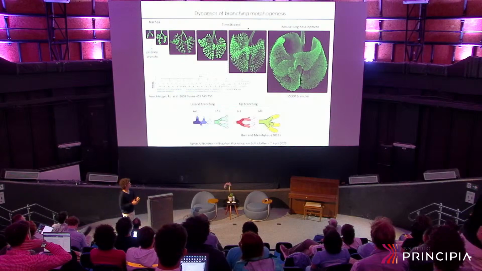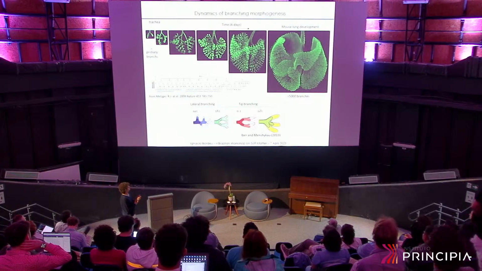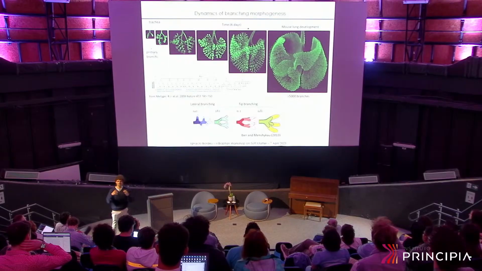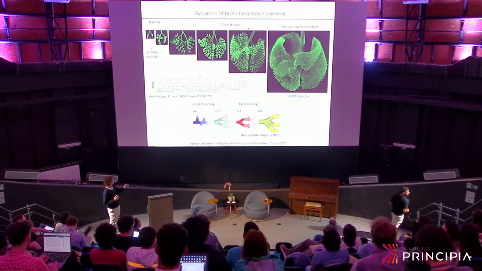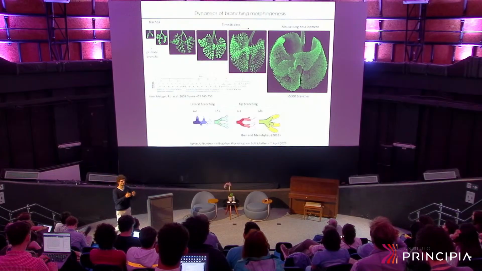Tips in space. What's nice about the mouse lung is that it's quite stereotyped. So you take two lungs from different mice, and they look very similar to each other. So they can identify a whole hierarchy of tips, and they put names to those. When I say they, biologists, they take the tissue and can classify each of the branches, and they can also find different ways of